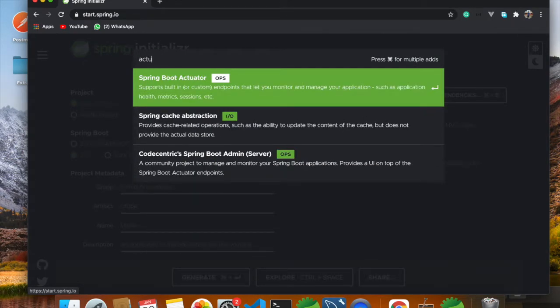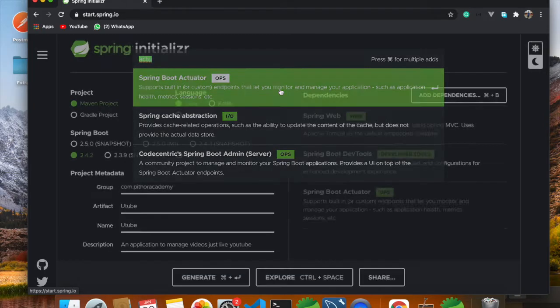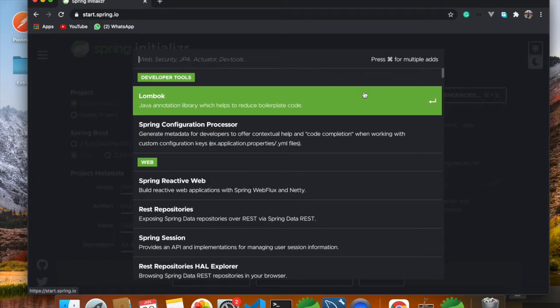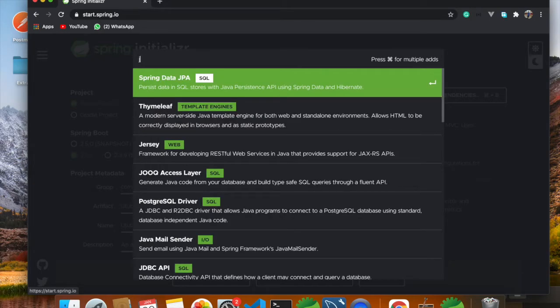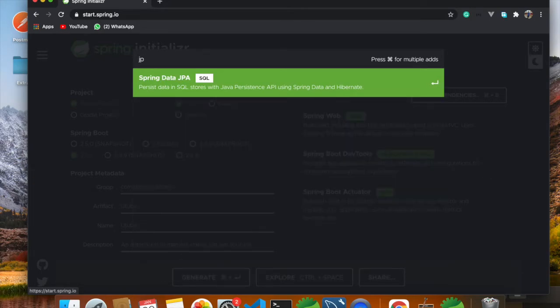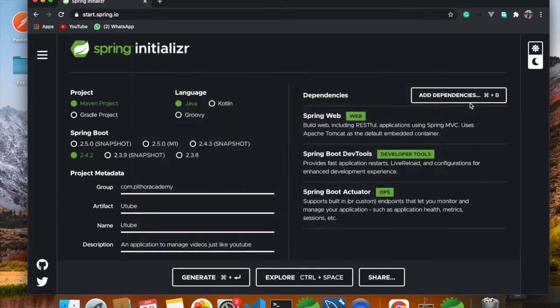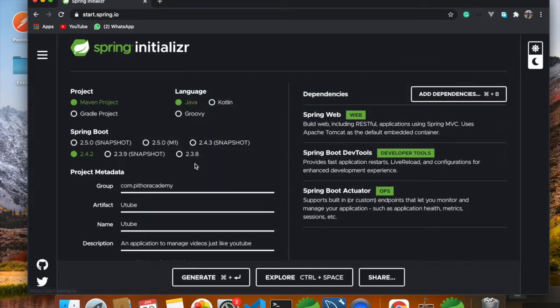Using this dependency, we will get details of our application like health or other things when the application is running. Apart from it, we will use dependencies for database configuration, that is Spring Data JPA and MySQL, but we'll add them later. So for now we have given all the configuration for our REST API.